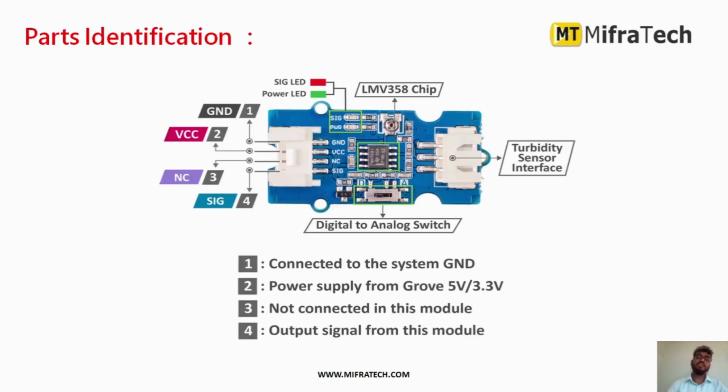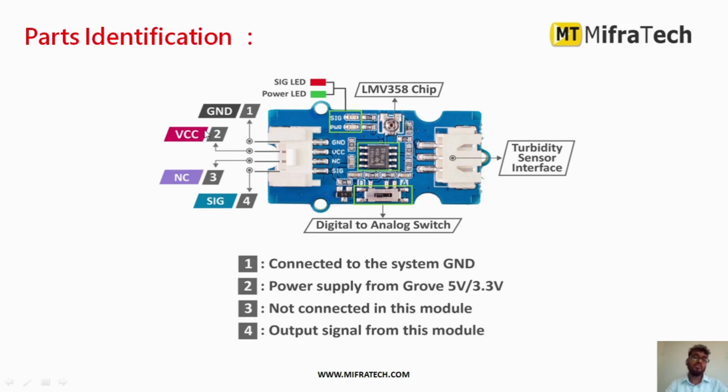So next we will see what are the different parts present in this turbidity sensor. This is the control board in order to interface this turbidity sensor. As you can see here, on the right side the turbidity sensor interface is there, and on the left side is the interface to any microcontroller. The sensor interface mainly has one plug, so you can connect directly here. The left side has a VCC pin, a ground pin and a signal pin, and one more pin is no connection, it is not connected